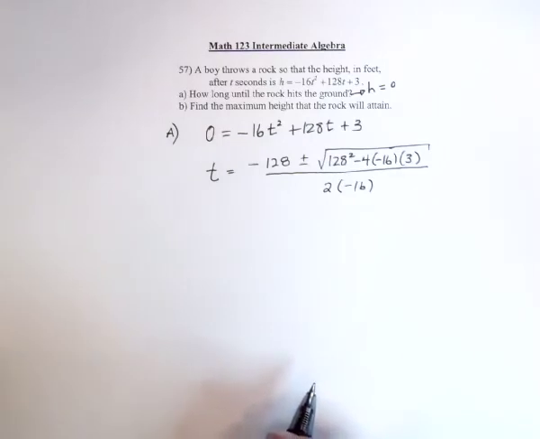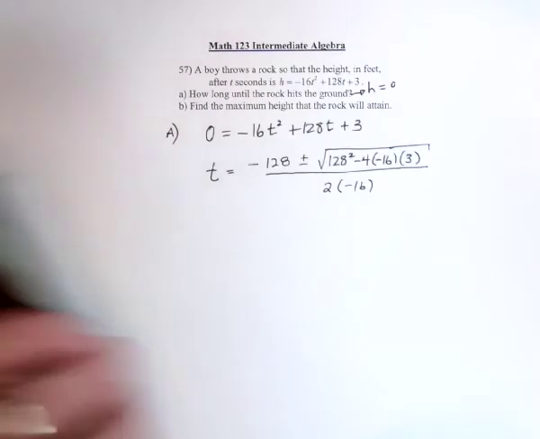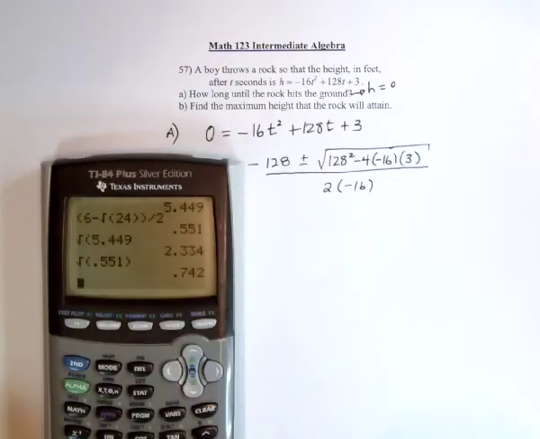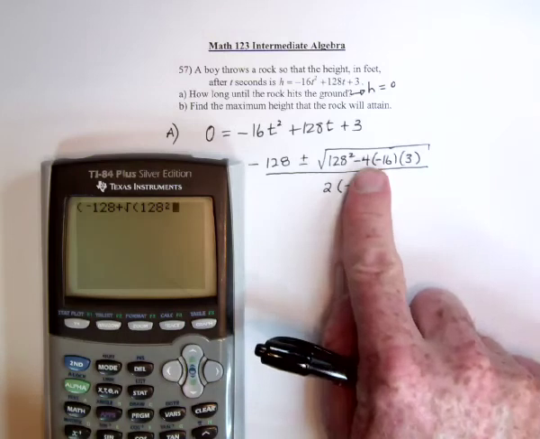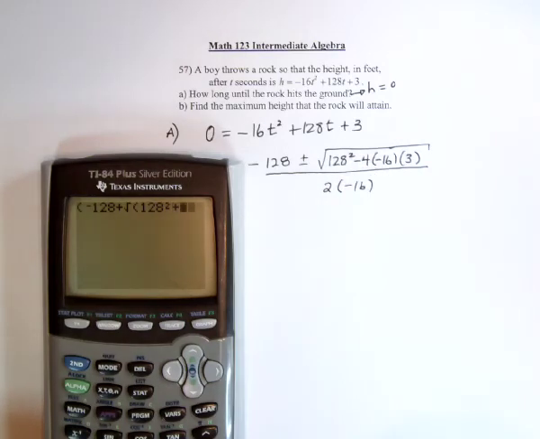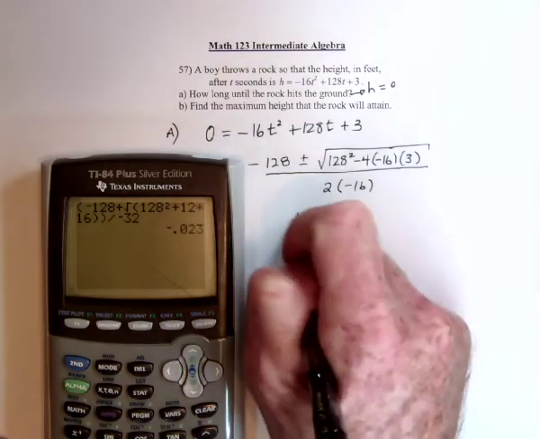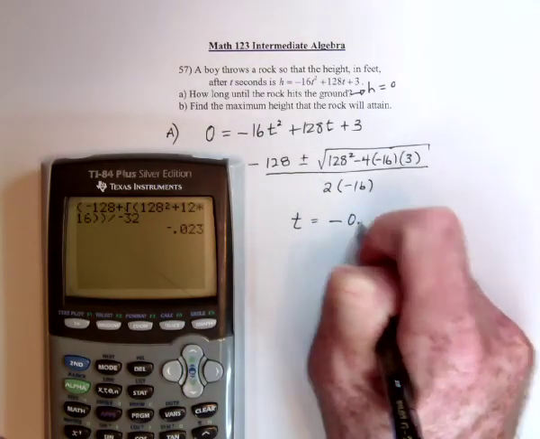Since it's a word problem, we should get a decimal answer, so we might as well use the little calculator to find out what decimal this is. I'm going to put parentheses negative 128 and then plus the square root of 128 squared. Multiply a negative times a negative, that's going to be positive, and then it's a 12 times a 16. If you put the 4 and the 3 together for that 12. Close the radical, close the fraction, and then it's divided by negative 32. So that means t equals negative 0.023,